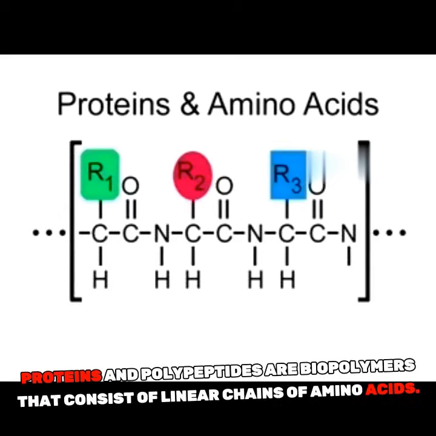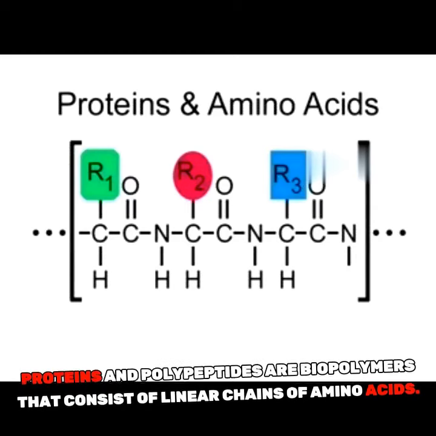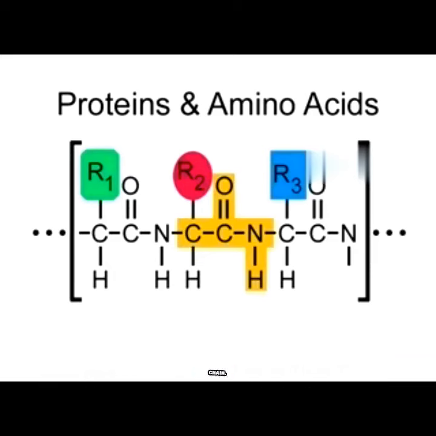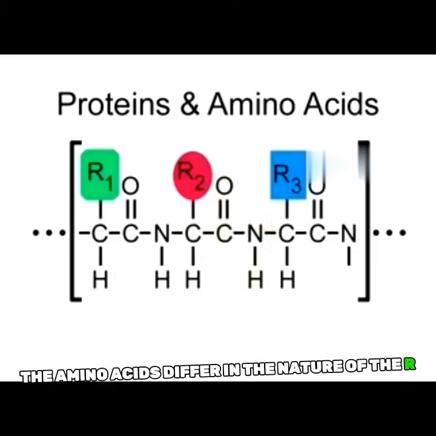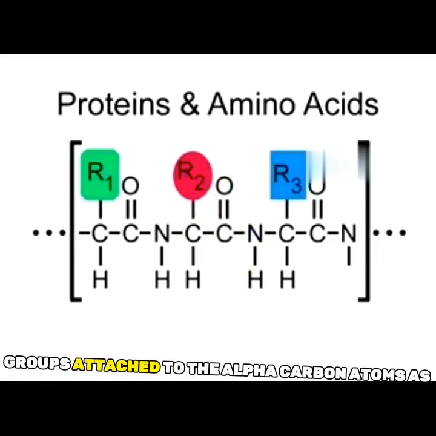Proteins and polypeptides are biopolymers that consist of linear chains of amino acids. The amide or peptide link is the characteristic functional group that recurs along the peptide chain. The amino acids differ in the nature of the R groups attached to the alpha carbon atoms, as we will